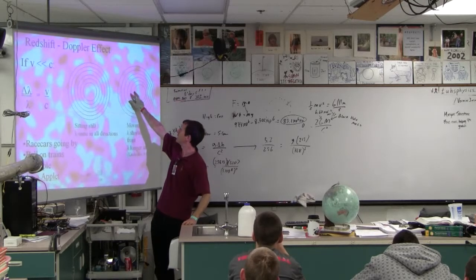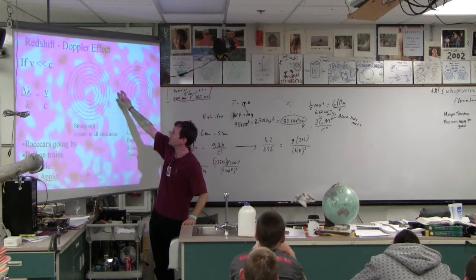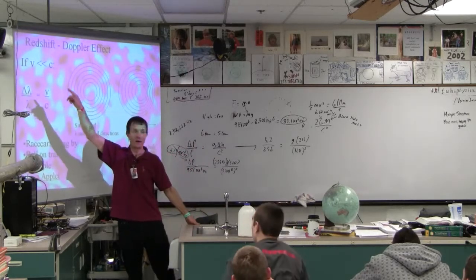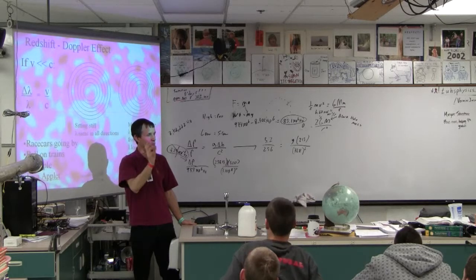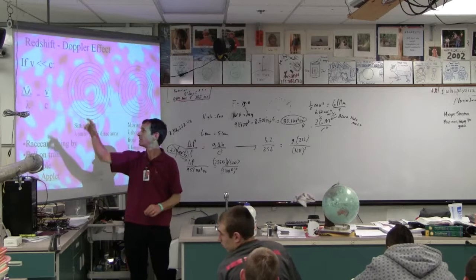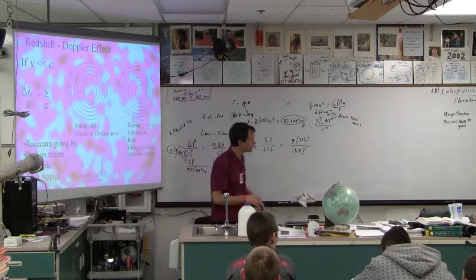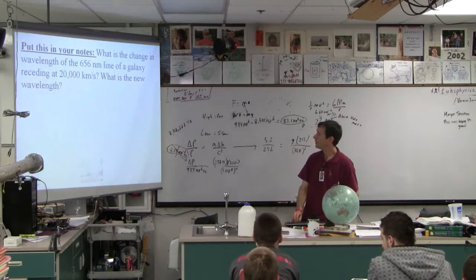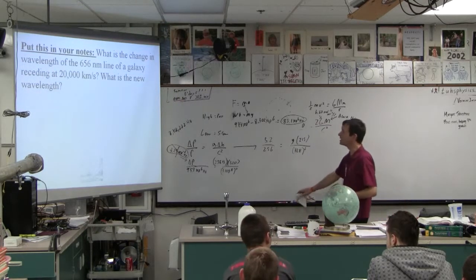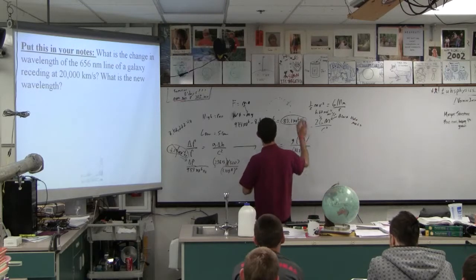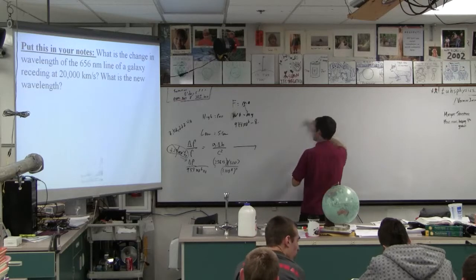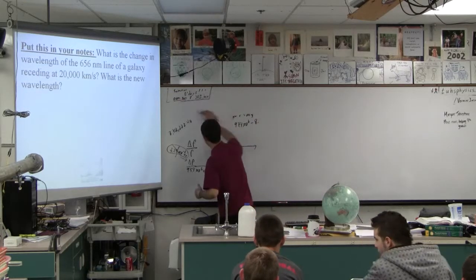So all redshift calculations, we're going to be doing this longer thing. And then this is a very approximate formula. The notion is that if you wanted to find, and I think in your note guide I gave you the real formula. That's a relativistic formula that will give you the new wavelength. But I'll show you how to do these wavelengths. Okay? Okay. So what is the change in wavelength of the 656 nanometer line? That's times 10 to the minus 9th meters. So wavelengths of light are